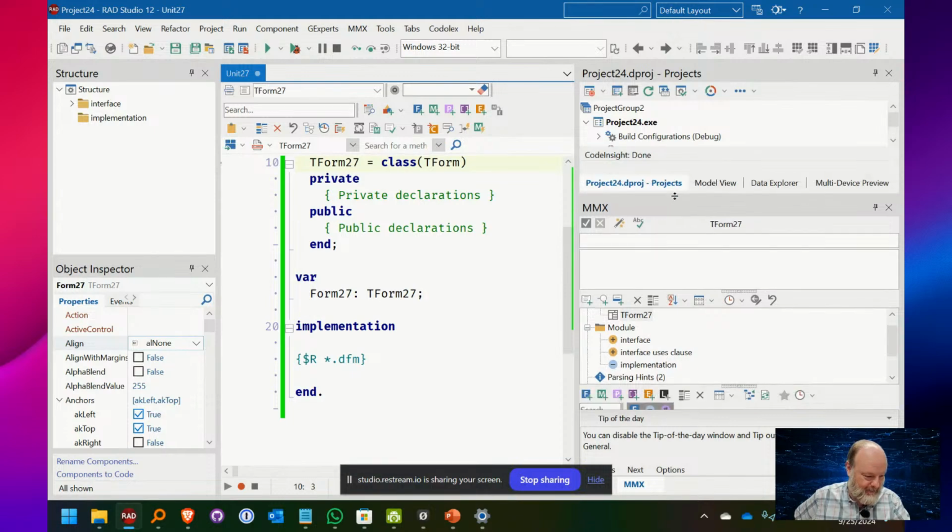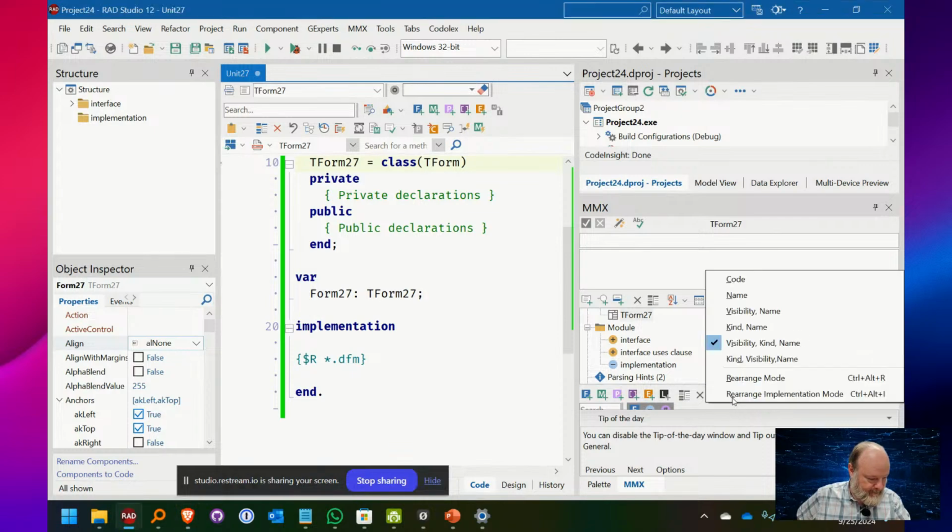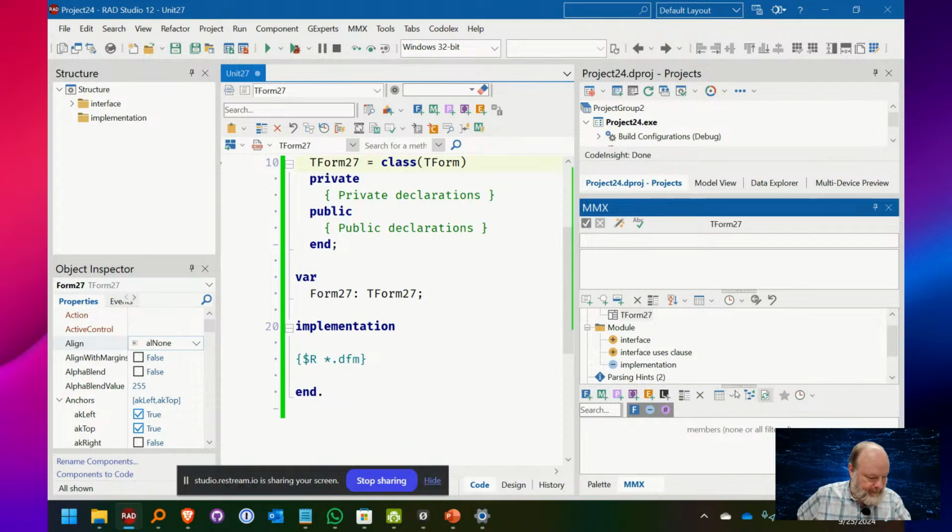I'm sure you have a lot more real estate available to you. On my development machine, my laptop has a bigger screen. This is the external screen right now. It's easier to see. So I like keeping it here on palette, because when you're in the code view,